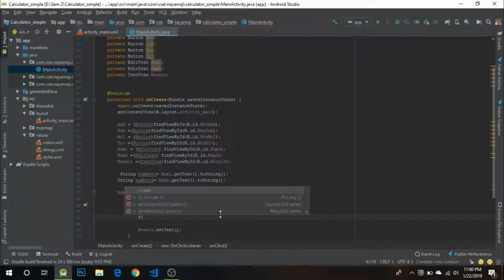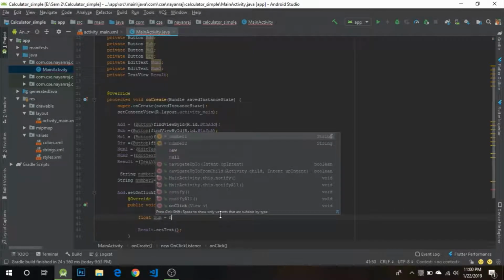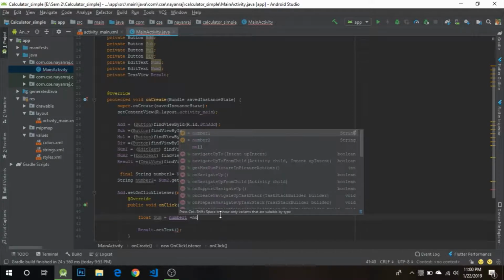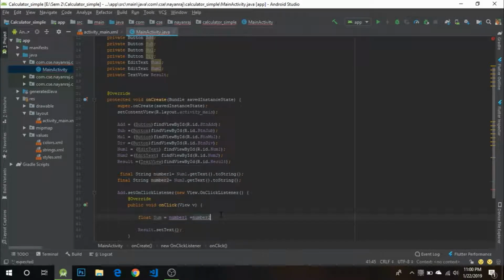actually sum should be in the form of float. Sum is equals to, what should I write? I will write number one plus number2. Now you can see it says a float and found a string. So before that, I don't need a float value, so I will write something like int sum is equals to,